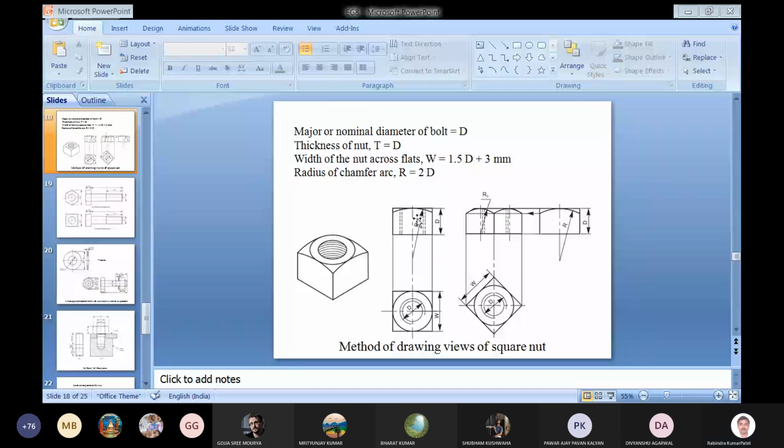will be like this, or we can consider it as the front view. Then we can have the top view like this. Similarly, if we have the front view like this, then we can have the top view here and the side view here. So there is no difficulty in drawing it, because once we